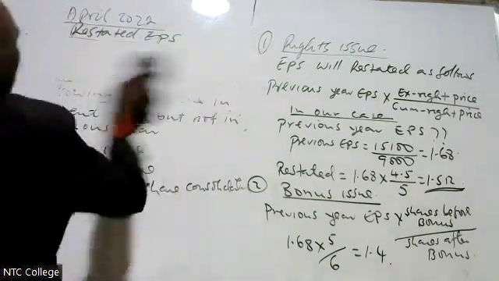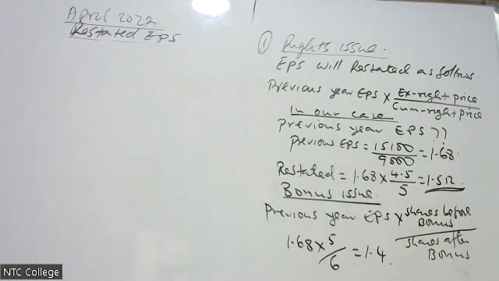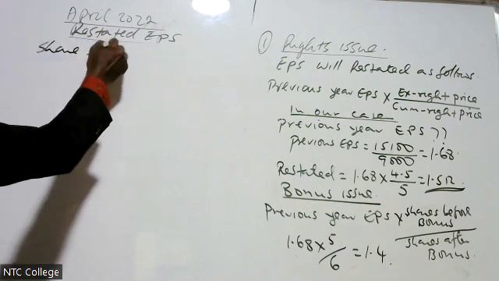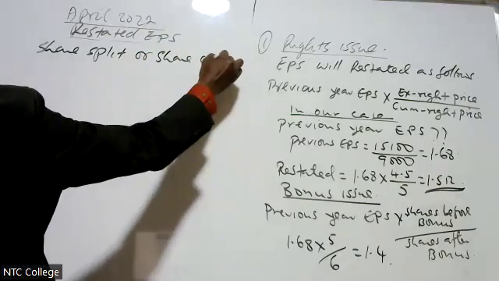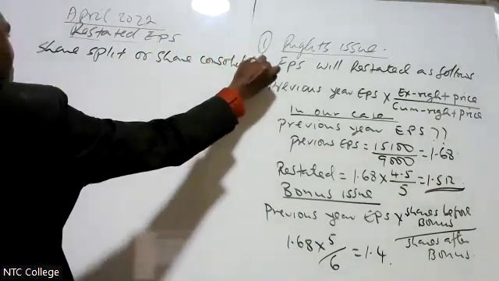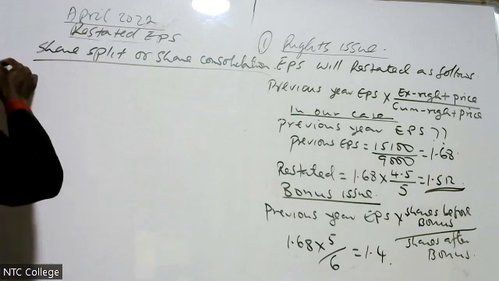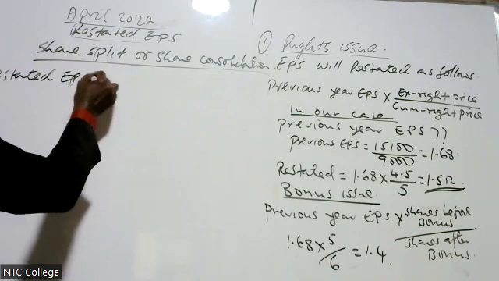Let's go to the last one, share split. How do we do it when we have share split? Share split or share consolidation. How do I restate my previous EPS? Here, restated EPS equals to